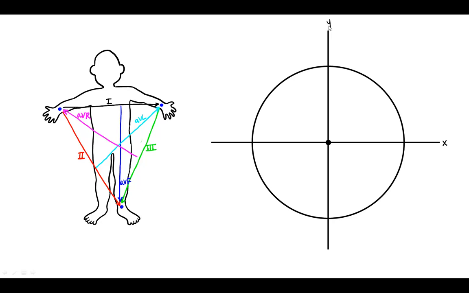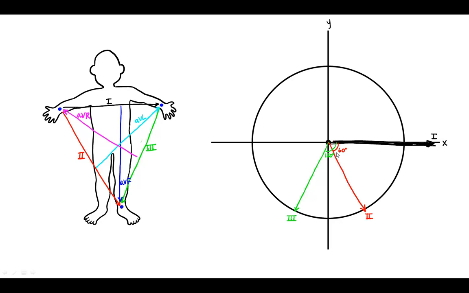So lead number 1, which is going from left to right, if you were to start it at the origin, it would go like this. And then lead number 2, if you started that at the origin, like so, then it would be going down at about a 60-degree angle like this. Lead 3, similarly, if you started it at the origin, it would be going down at about a 120-degree angle,